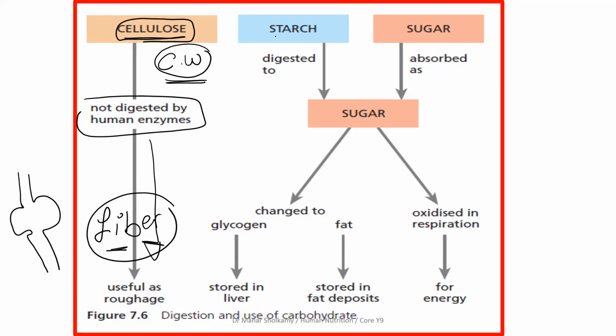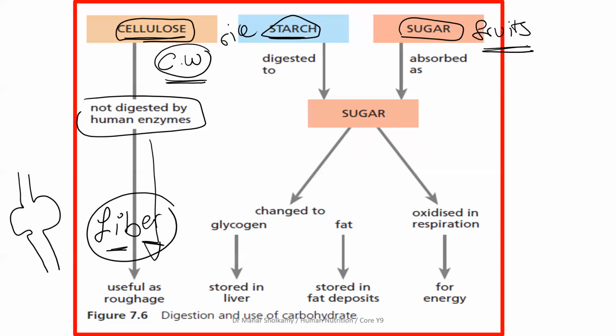Now, let's say I'm eating starch. You should know by now that starch and sugar are different forms of sugar. Starch is found in rice and pasta. It is a complex carbohydrate. Sugar is found in fruits. One is a polysaccharide and the other is a monosaccharide or a disaccharide, correct.